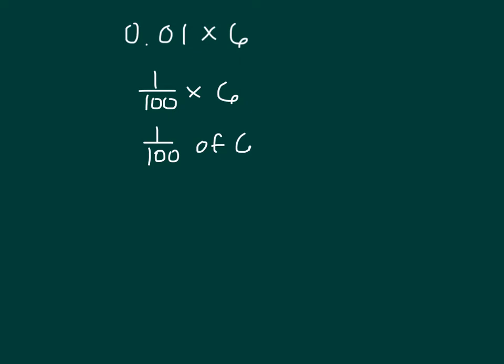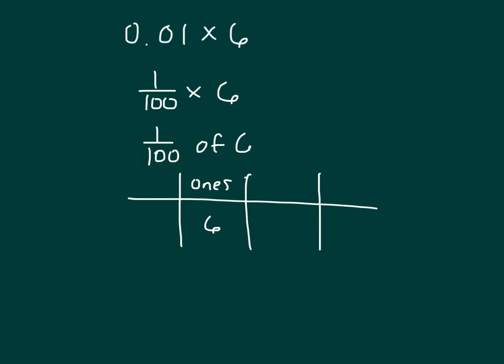Let's think of that with a place value chart. 1/100th of 6. What is it that we would do? We have 6 in the ones place. How many places would it move? And which direction? Is it going to get larger or smaller? The digit doesn't shift to the tens place. That would be 1/10th of 6. It will shift all the way over to the hundredths place,